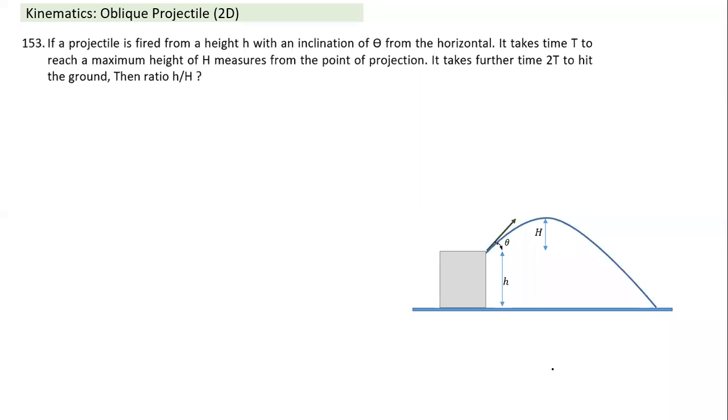So this is something like a typical work session. All of you can try, and let me ask them. Tejas, tell me, how did you solve this question? Yes, sir. First, what we understand is it takes time t to reach maximum height h. From that point, it takes another time 2t to hit the ground. So time t it reaches here, and from here to here it takes further time t. And to come to the same height of the building, it will take another time t, sir.